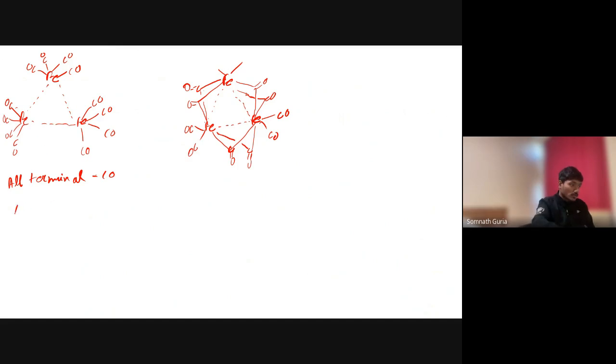So the Mossbauer line will be 1. Here also, all the iron, oh, this will be CO, sorry. And all the iron looks similar. So here also,